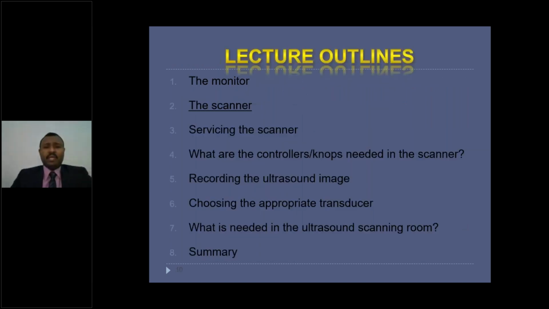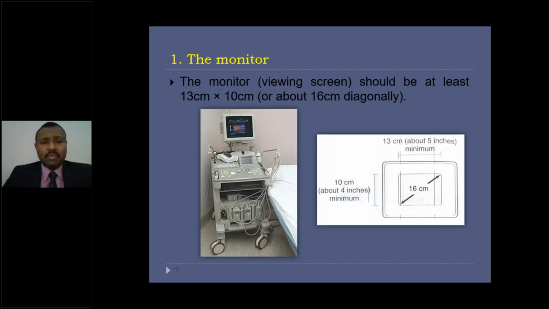But as you know, in today's life, ultrasound machines have been developed a lot, and now we can do ultrasound examination in a small kind of mobile machines with a smaller dimension monitor. But what I mentioned here regarding 13 centimeter multiplied by 10 centimeter, these are the universal measurements that we shouldn't exceed in our ultrasound machine. So this is what is regarding point number 1,